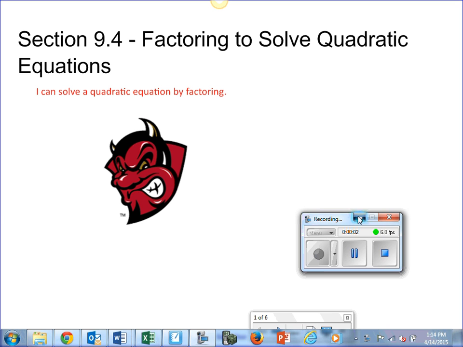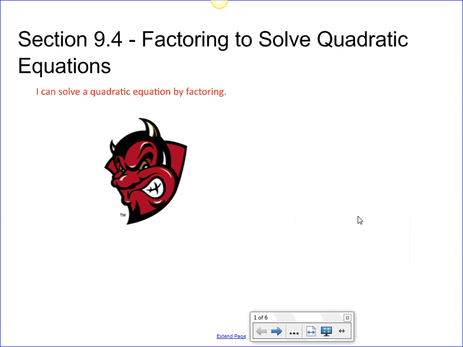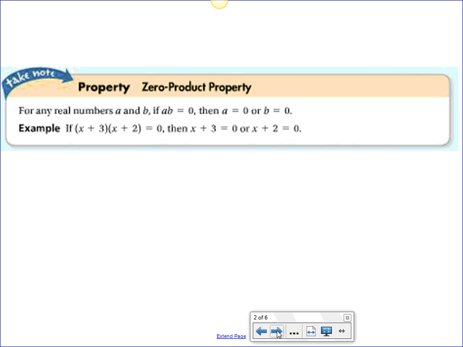Okay, today we're going to be looking at section 9.4, which is factoring to solve quadratic equations. Hopefully by the end of this lesson you can say that I can solve a quadratic equation by factoring. Okay, so the first thing that we need to talk about is something called the zero